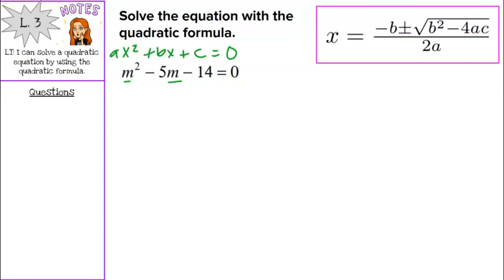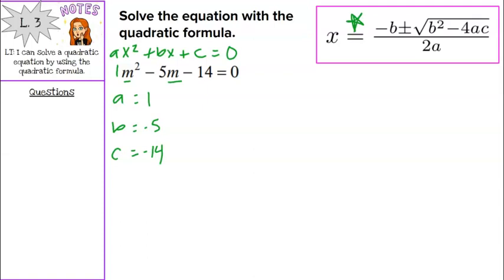Now in this case, there's no number in front of m squared, which means there's really a 1 there. So we are going to label our a, our b, and our c. Our a is 1, our b is negative 5, and our c is negative 14. And now all we have to do is take those values and plug them into our quadratic formula and then